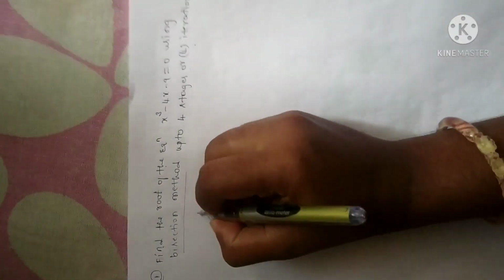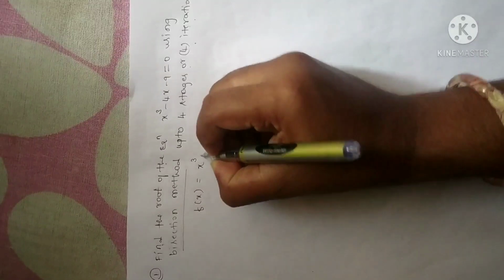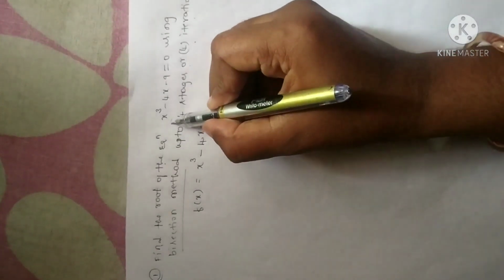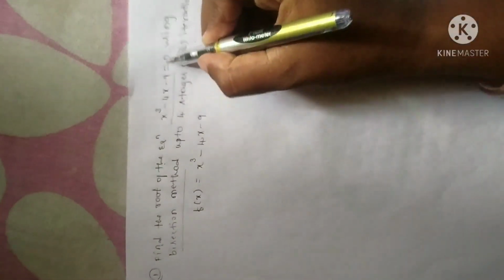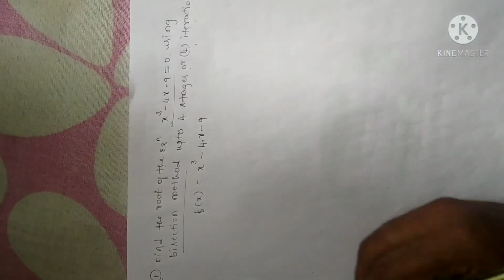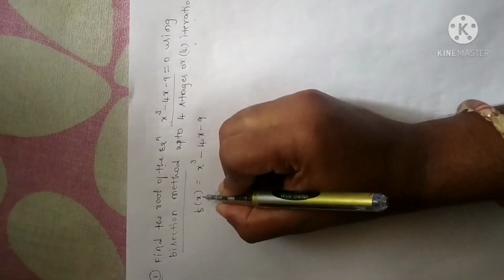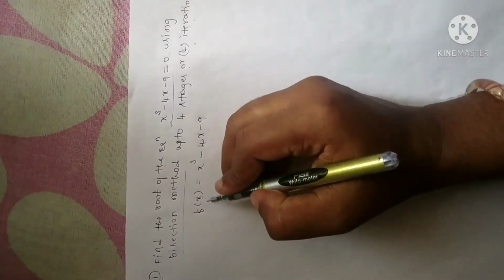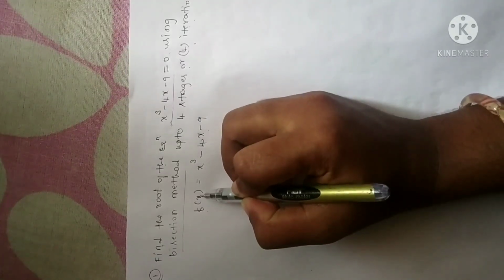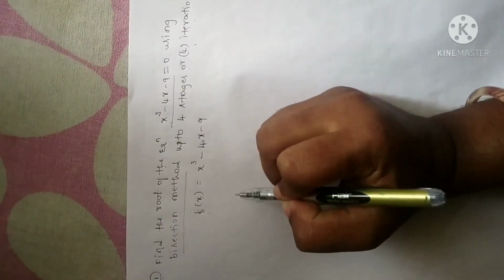Now first step is, let us assume the given polynomial as f of x equals x cube minus 4x minus 9. First step, you have to write the given polynomial as f of x by eliminating 0. That is x cube minus 4x minus 9, which is equal to f of x. Now as per the method, you have to choose right from the minimum value for the variable x. In the sense, keep on giving the values for x right from the minimum value in such a way that first value should be positive and the second value should be negative.